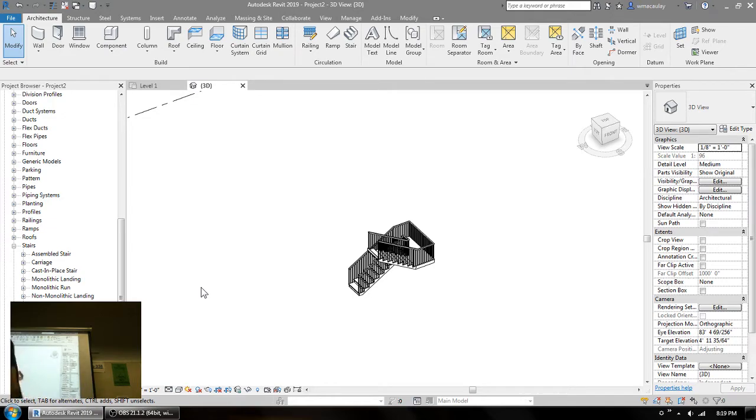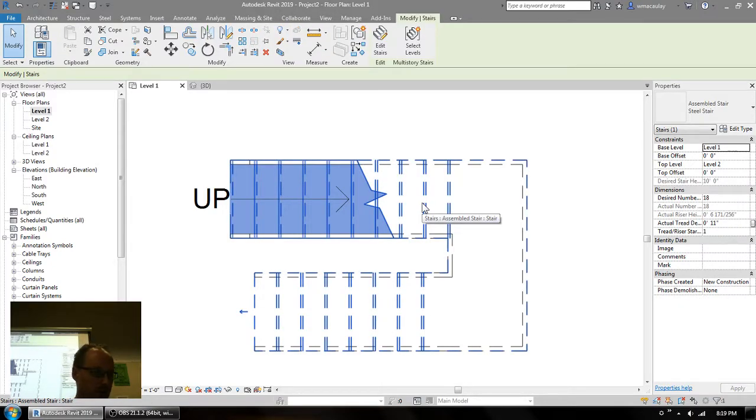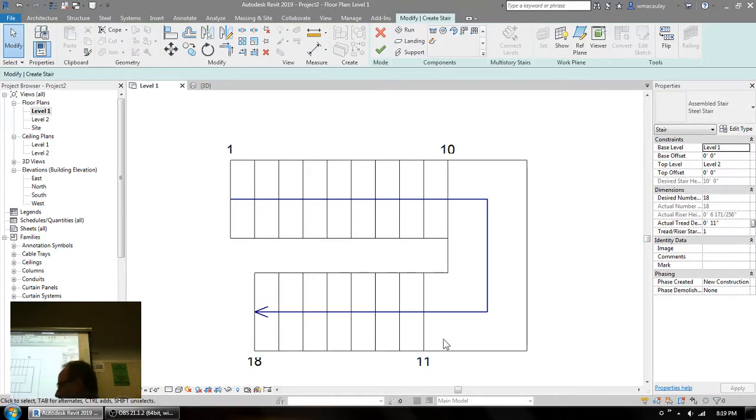Now, let's try and clean things up a little bit here. When you're working with these stair tools, I'm going to go back into the plan view here. Now, hopefully you should all understand this by now. Let's go to the bottom of page 3. When you're working with stairs, so during the stair editing section of the work, while you're in sketch mode and you can see the green check mark to finish your work,